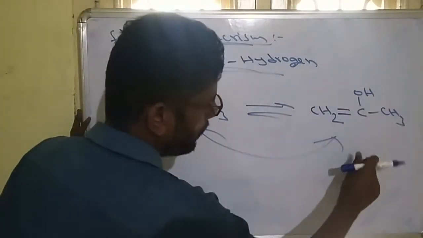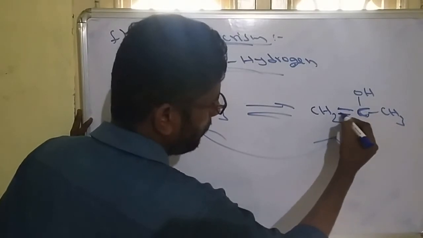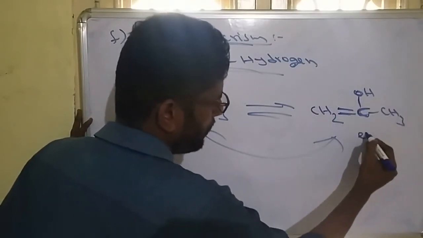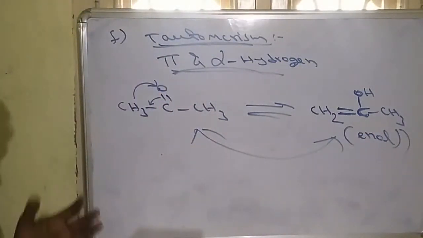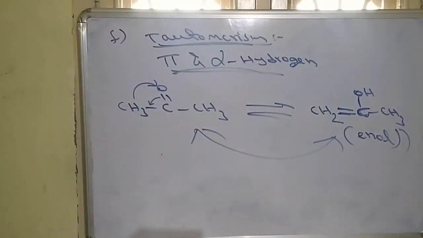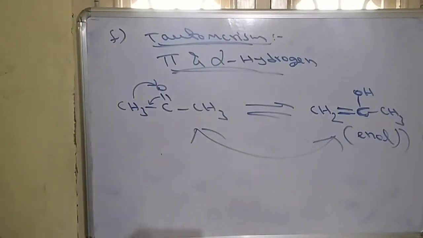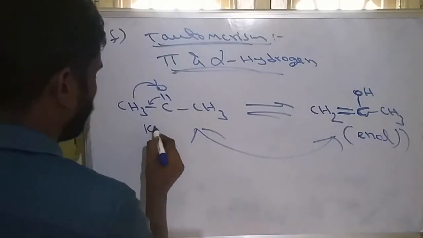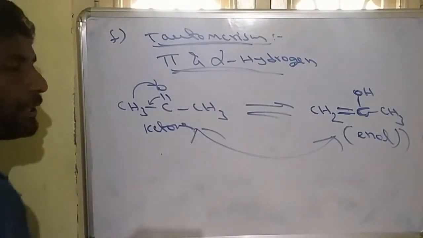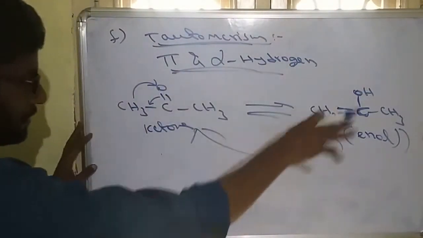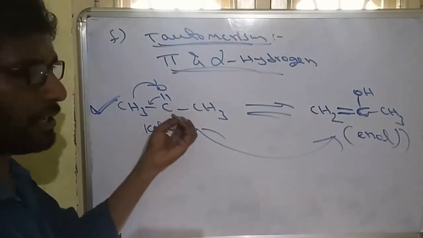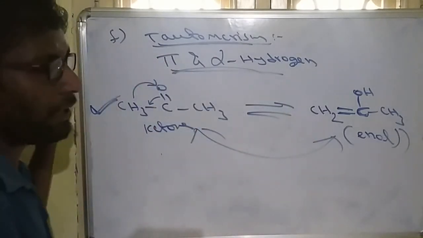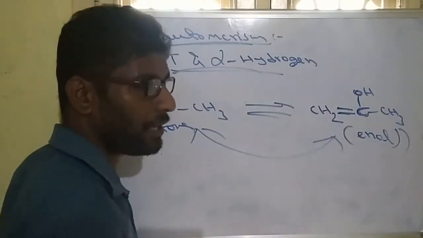See in this molecule, the carbon contains a double bond also, and alcohol also. So it is called enol. So this is called enol, and this is the ketone form, and this is called keto-enol tautomerism. In these two molecules, ketone always exists in maximum amount. Similarly, nearly 99% will be ketone; a very small amount will be enol.